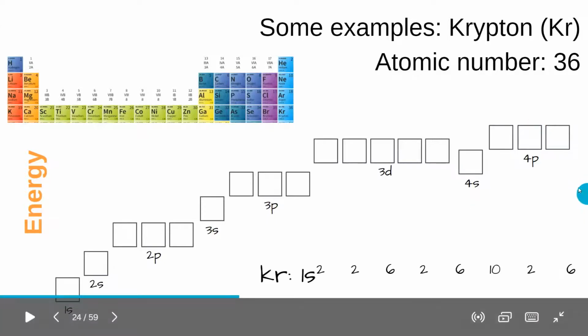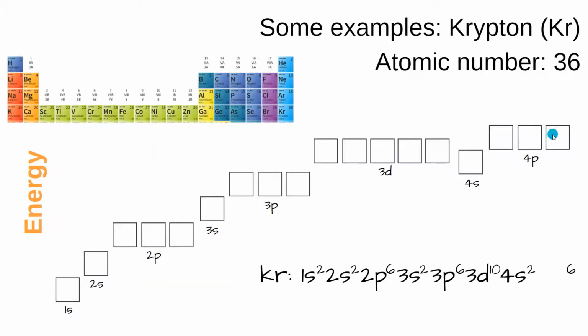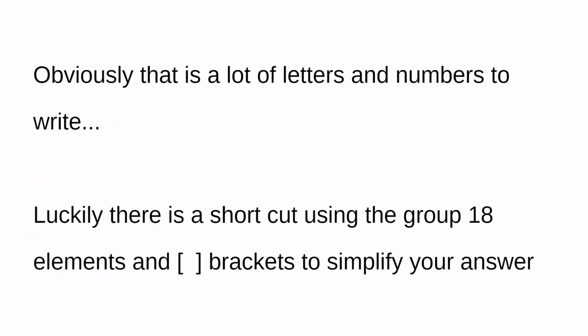When we write it, 1s2, 2s2, 2p6, then we keep all the third shells together, 3s2, 3p6, 3d10, and then go on to the fourth shells, 4s2, 4p6. So this time the valence electrons are in the p orbitals of the fourth shell. So that's quite a lot to write by the time you get up to the elements in their high 20s